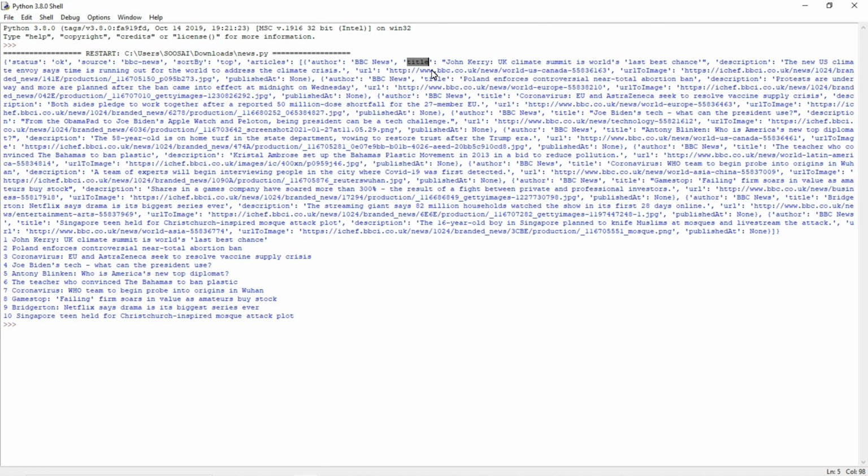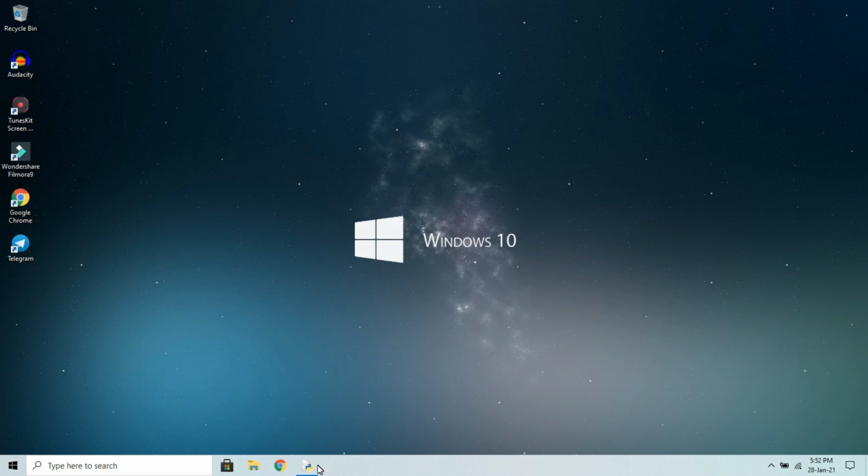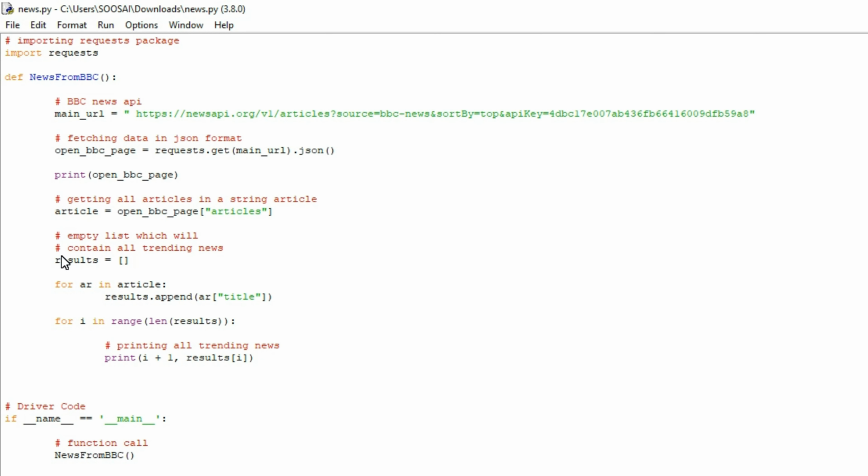For example, in the first iteration, it will store this into the list. For the second iteration, it will store this news. For the third iteration, it will store this. Likewise, it will store up to 10 iterations, and it will store all the top news in a particular list.